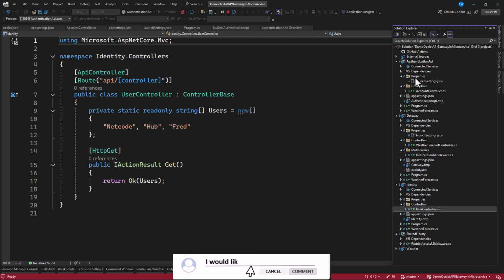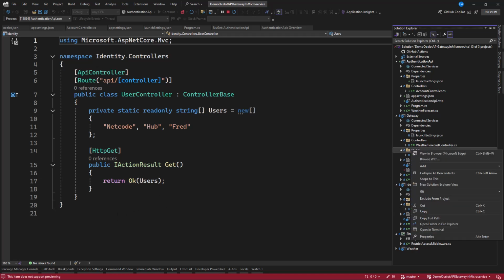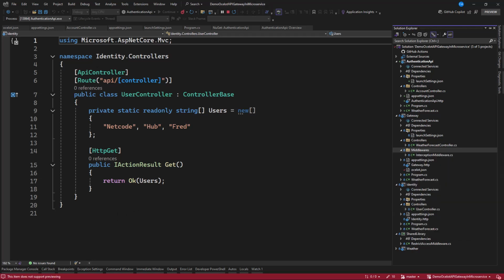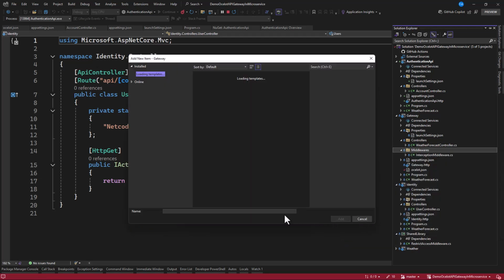Now in our gateway, you see we have a middleware folder. Let's add another folder to that. And with this, maybe we can name this token checker middleware. That's the name that I'm giving to this. So token checker middleware.